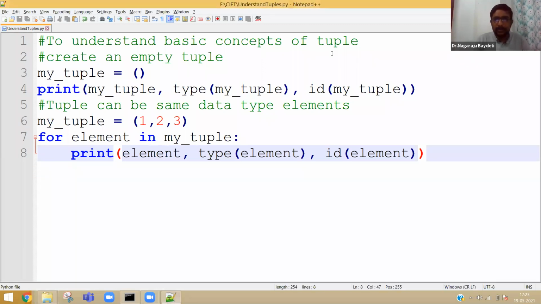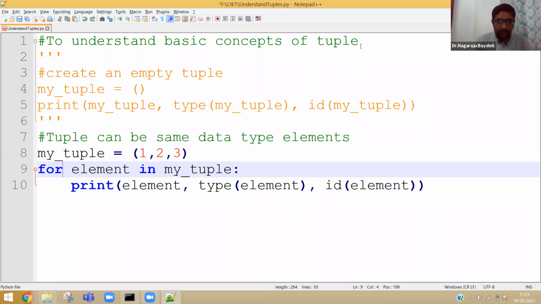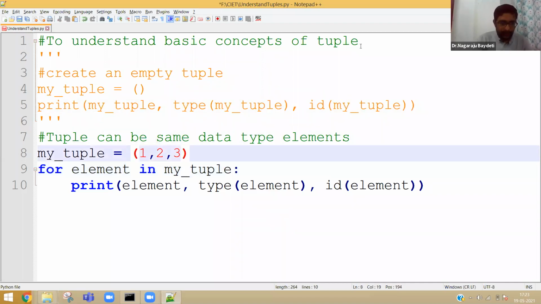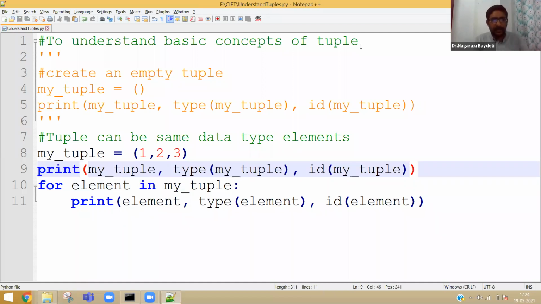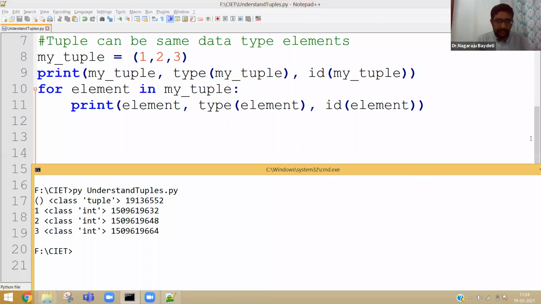Let me put the empty tuple into comments. Before printing each and every element, I am also trying to print the tuple as a whole.